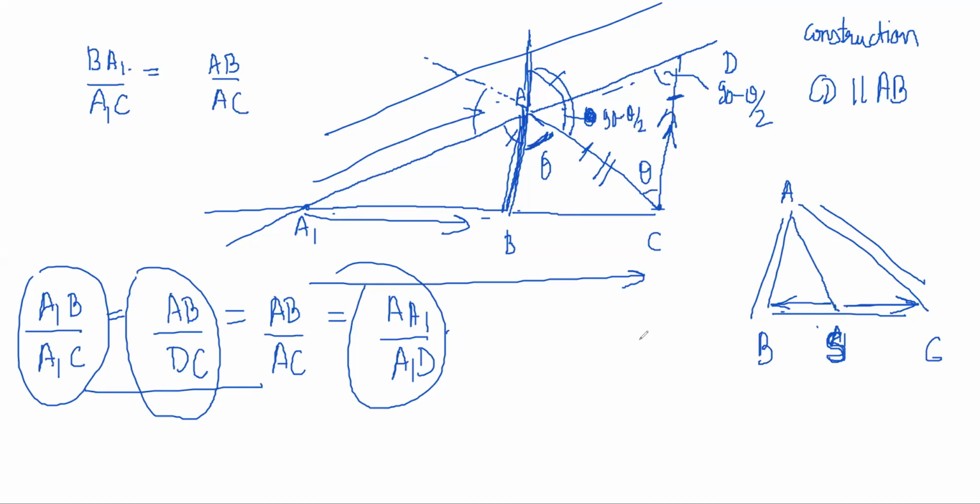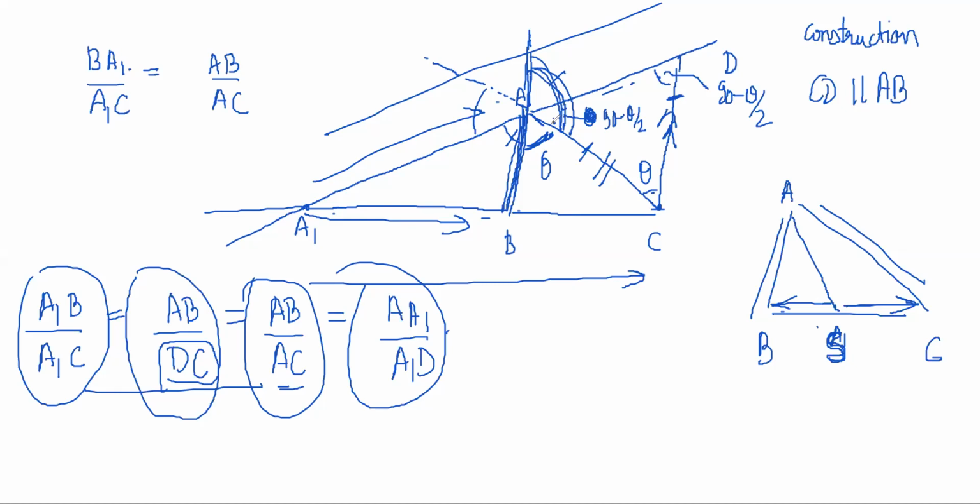Yes, sir. Okay. So we are getting this, and because we are getting AB by DC, we can say DC is equal to AC. Therefore, AB by AC. We found DC is equal to AC by doing angles. So theta, this is theta, this is 90 minus theta by 2, because total angle was 180 minus theta. Right? Okay. So this is done.